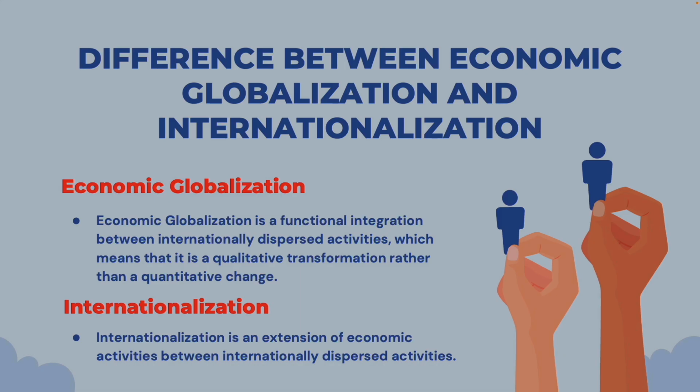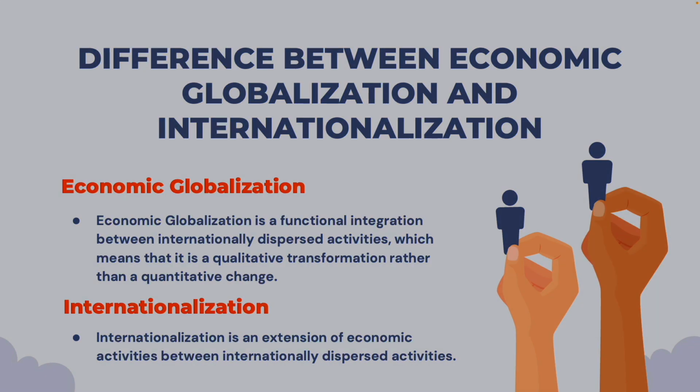But globalization, the source says, is about functional integration of activities that might be spread out geographically. Functional integration. Yes, it's a qualitative transformation. So instead of just selling finished cars between country A and B, maybe the engine's built in country C, the electronics in D, the assembly in E. The function of making the car is integrated across borders. That makes a lot more sense. It's about the actual processes, the functions of the economy becoming intertwined globally, not just more trade volume between separate entities. That feels deeper. It is, a deeper level of connection.